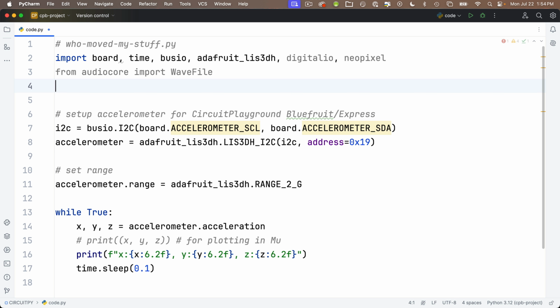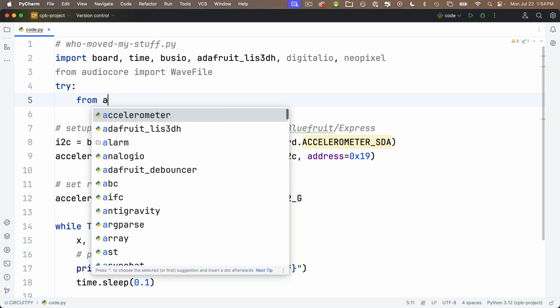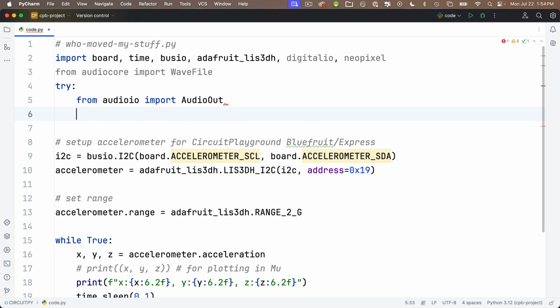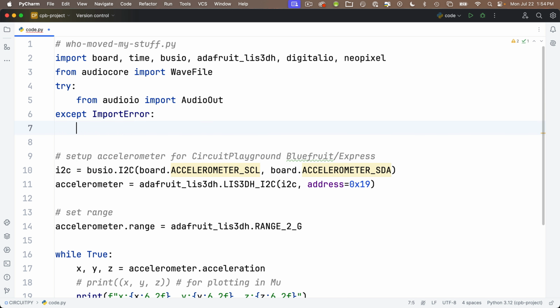The difference in the boards, by the way, is that boards like the Express have a built-in audio circuit. That's called a DAC, D-A-C, for digital analog converter, whereas the others require a different technique called PWM, which we'll discuss later. So the code for all boards is try, and then indented it's from audioio import AudioOut with a capital A, capital O. Either this is going to work or it's going to throw an error. And if it throws an error, we'll outdent and we'll say except ImportError, capital I, capital E,